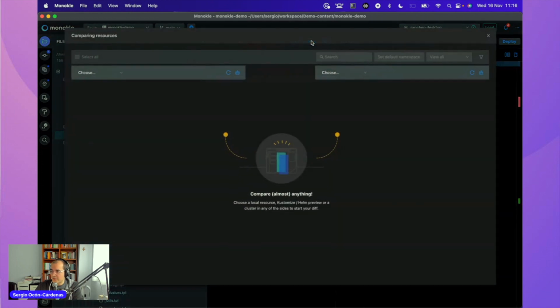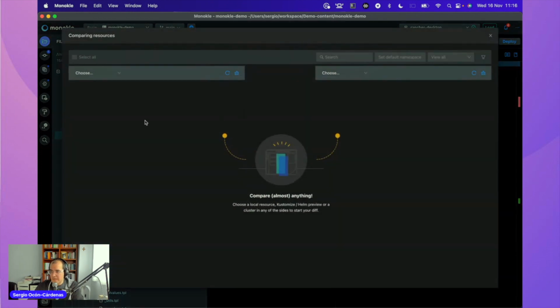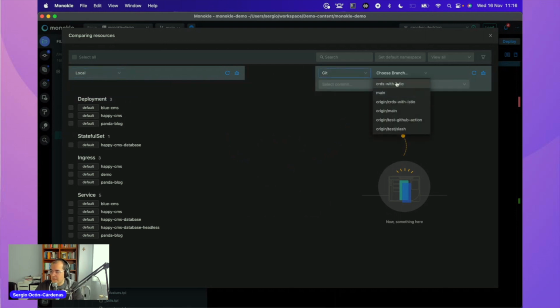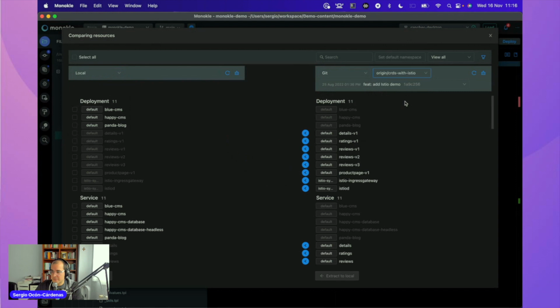So you can compare and sync. And the compare and sync allows me to compare any two versions of my application. So I can go here and compare what I have in local, or I can go and compare a different branch that I have in my configuration. In that moment, I can see all the differences. You see gray, what is defined in this version of the configuration, but it's not defined in this version, and